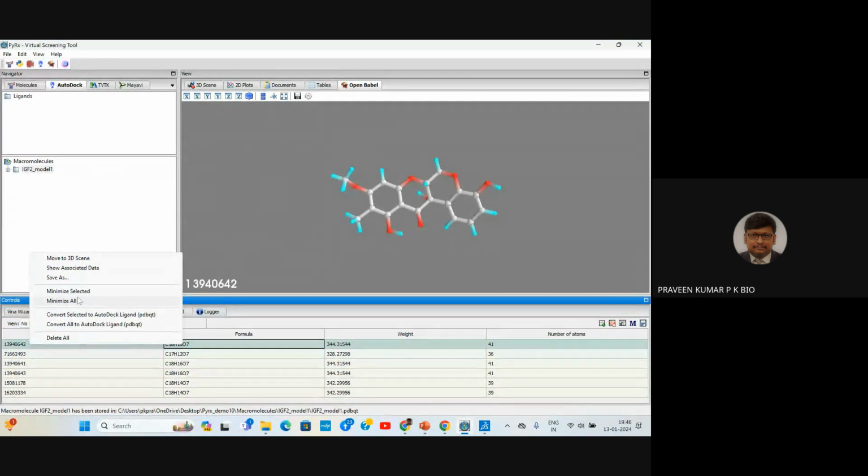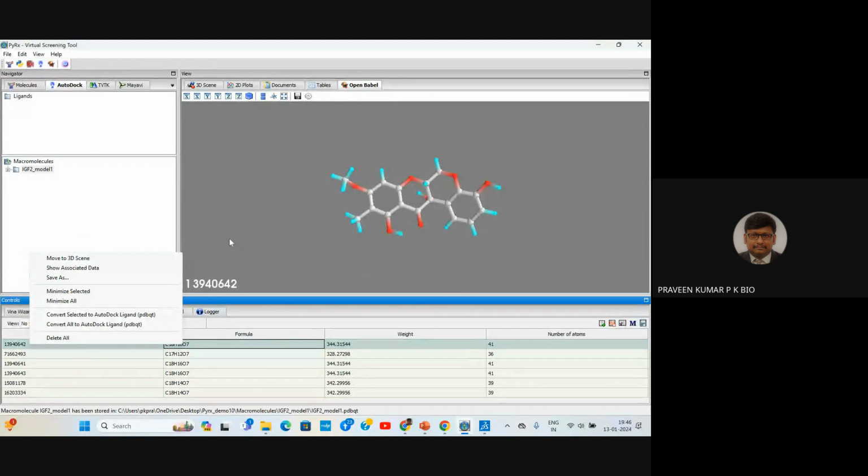So generally we use steepest descent or conjugate gradient energy minimization methods for making a ligand more stable during binding with the receptor. Even the same energy minimization we can also carry out with proteins. So to make protein folding more stable, we generally go for calculating energy initially. And after energy minimization, we can also calculate the energy. You can find the energy after minimization is somewhat more negative when compared to before energy minimization of both